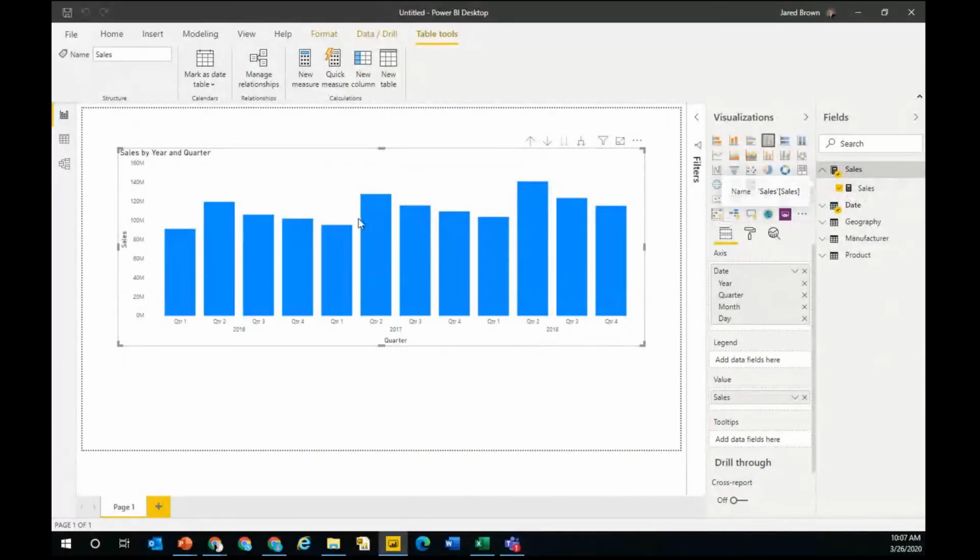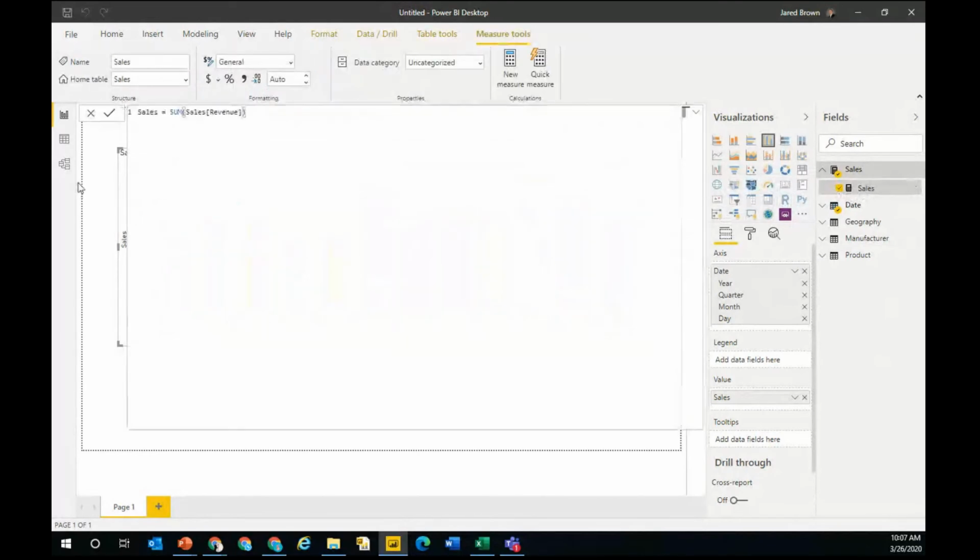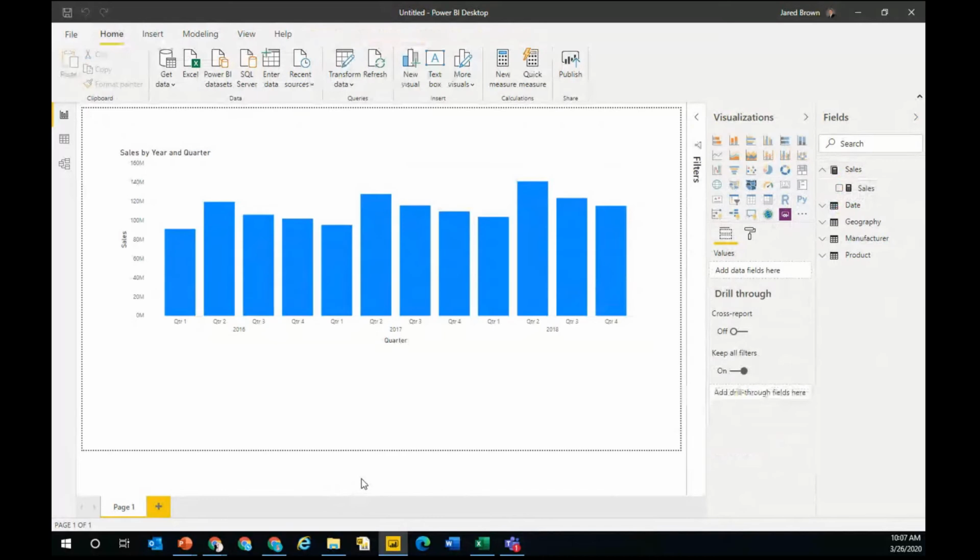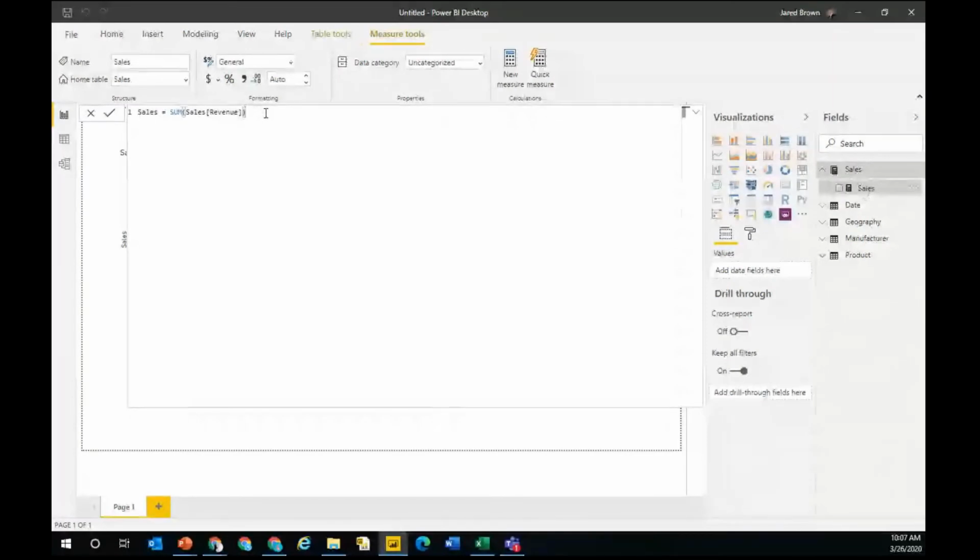Okay, so I have my sales table, and the reason I like doing measures like this is, say you have hundreds of people dropping revenue on their visuals across the company, and then all of a sudden somebody in finance is like, yeah, but you forgot about the discounts that we apply after the fact. Now, somebody has to go back to every single one of those locations and make a change. So if you early on create calculations, this is one place I could come back in and subtract my discount, and everything else affected is automatically taken care of. So that alone is worth the small amount of time it takes to create those upfront measures,